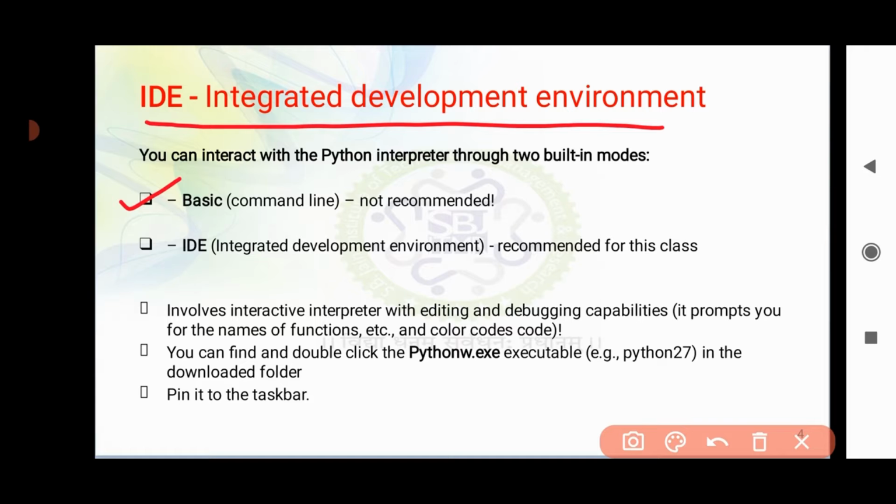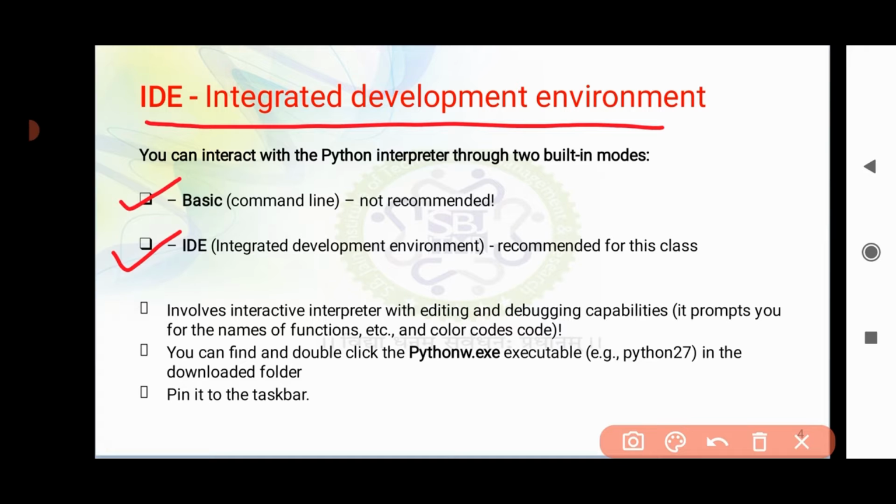In case of basic mode, we can do the programming with the help of command line or terminal. Basically, when you are working with Python, it is not recommended to go through command line mode or terminal mode. Now, the other mode that we can use is through IDE, that means Integrated Development Environment.